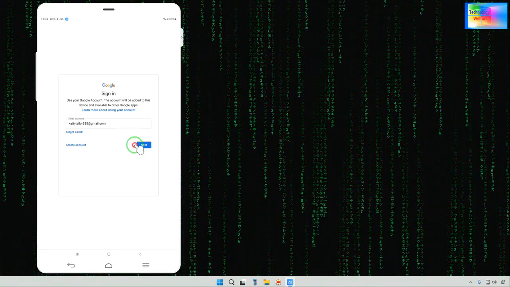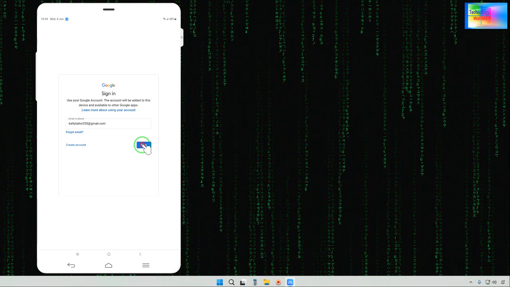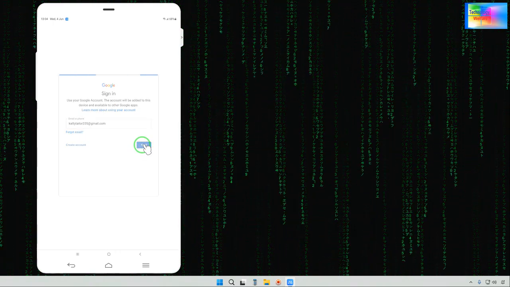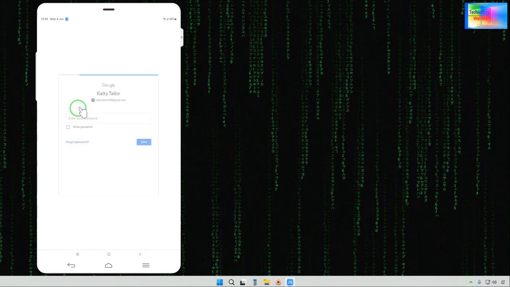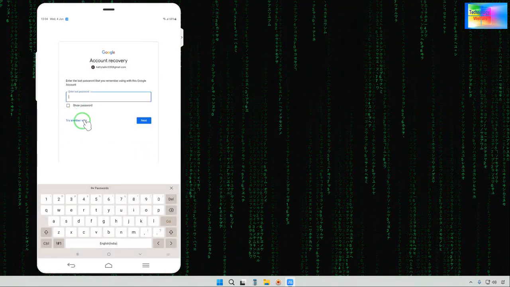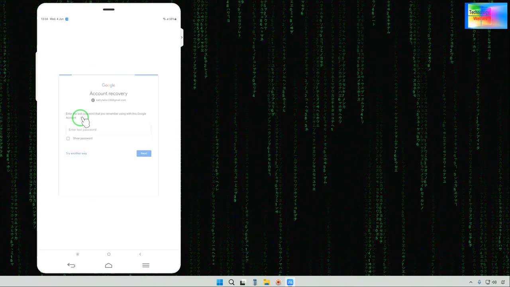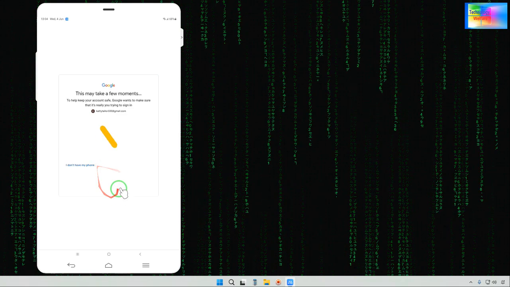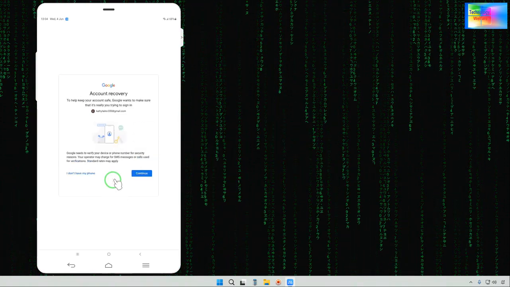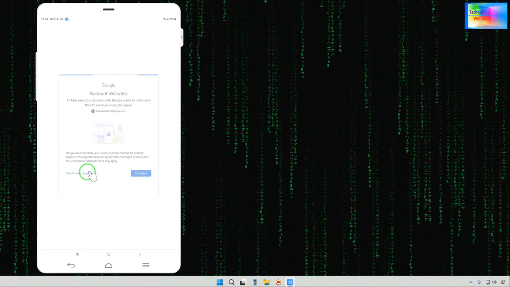So we are on the Google sign in. We will just tap on next and see what's happening. It's asking for a password, so we will go for forgot password. We don't have the last password also. Now it is asking for a phone number. We don't have a phone number, so now